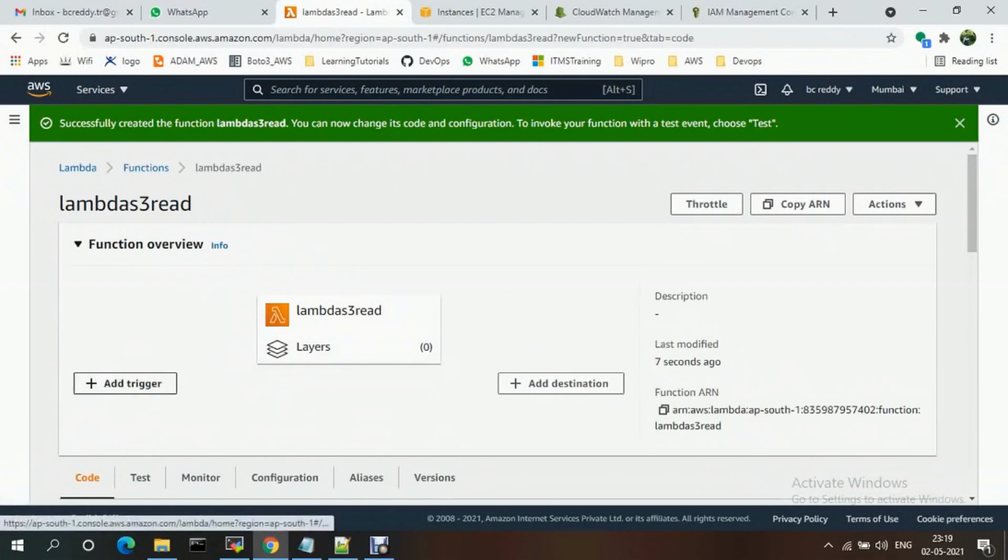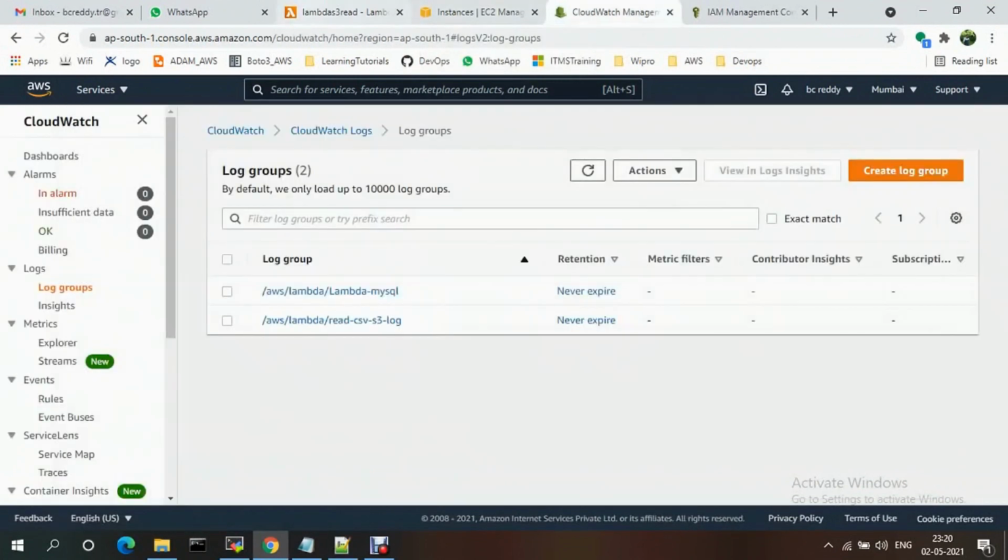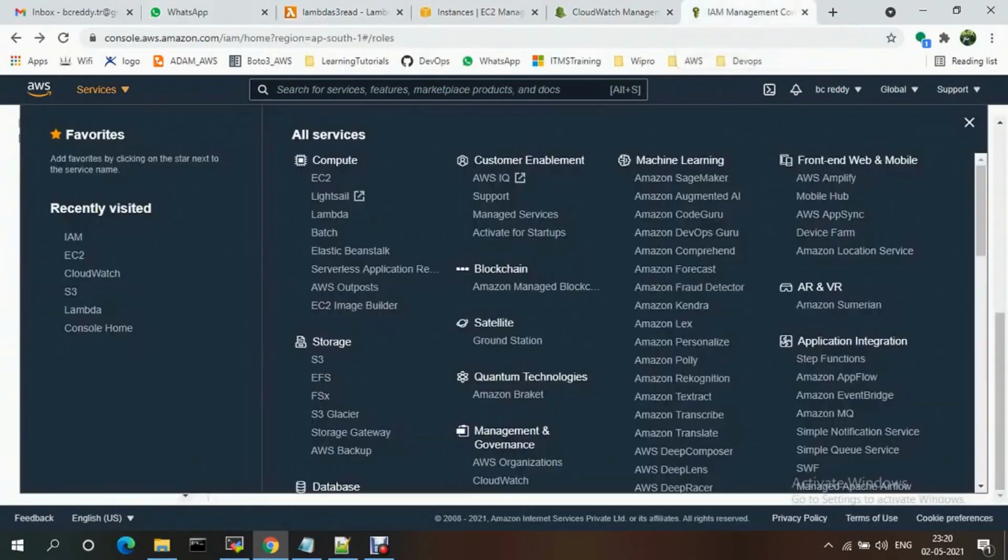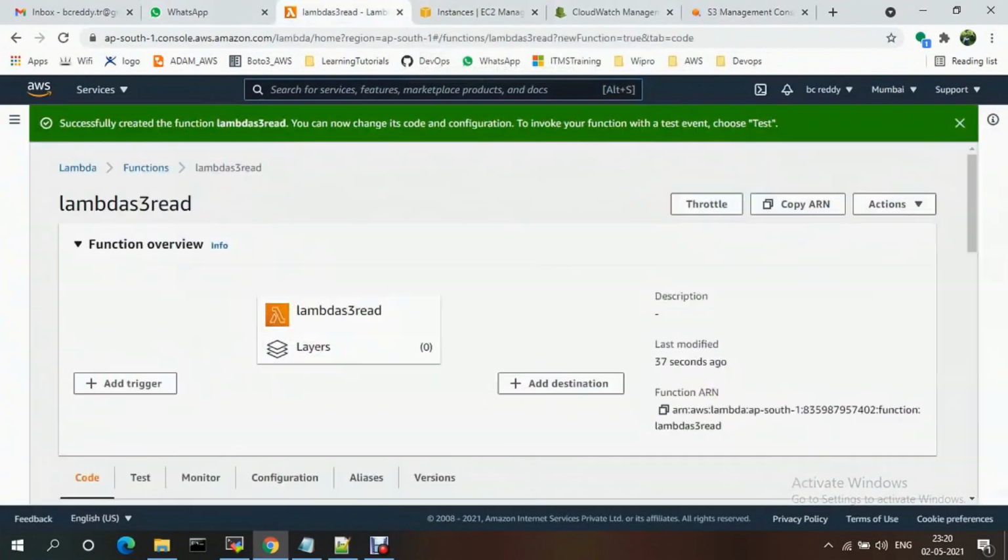Before that, I need to create a bucket in S3. Let me create a bucket in S3. I'm going with S3. I need to add the Lambda function, so I need to add a trigger.